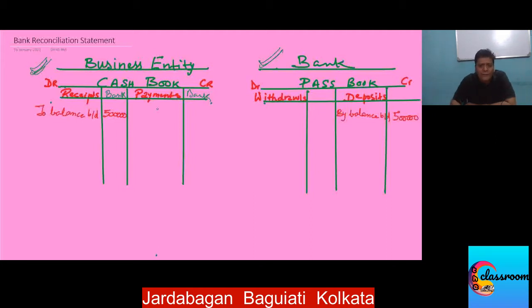So whatever amount we receive, the checks and amount and all we receive, we record it in the cash book in the bank column on the debit side. Similarly, when these are presented to the bank for collection, for clearing, the bank credits this amount over here in the deposit side. Whenever we issue a check, we make payments, we make entries over here on the credit side of the bank account.